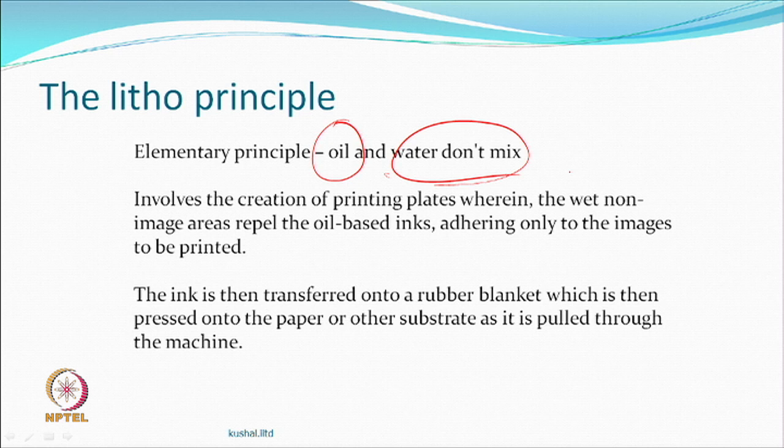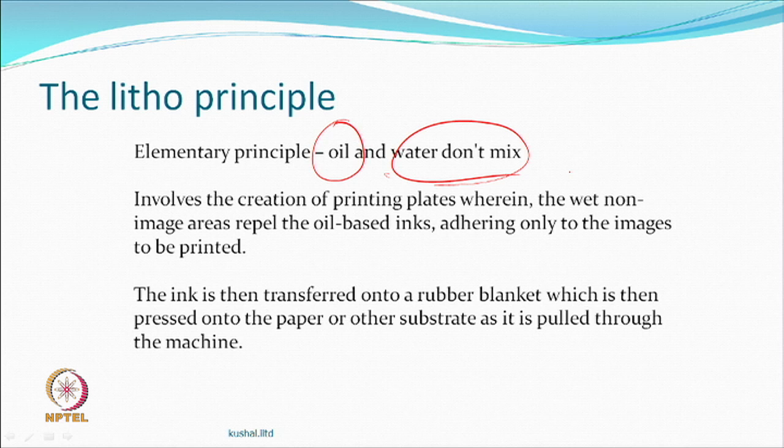And because ink and water do not mix, when a transfer roller comes in contact with a roller where the design is there, oil based ink goes to the portions where there is a hydrophobic film, and it does not go to the area where there is water.